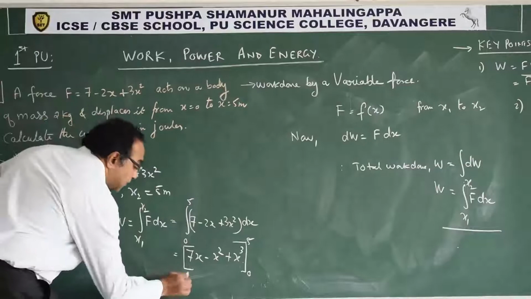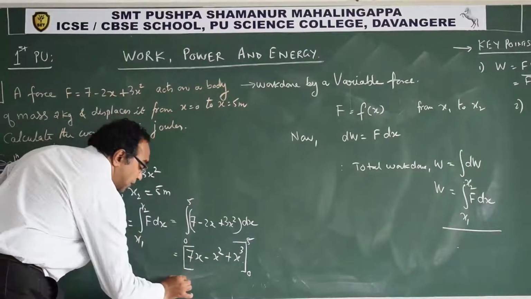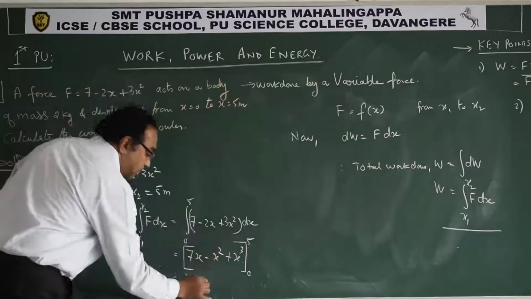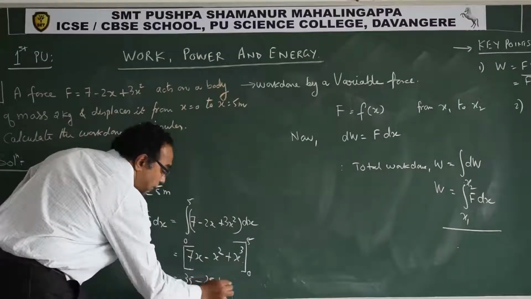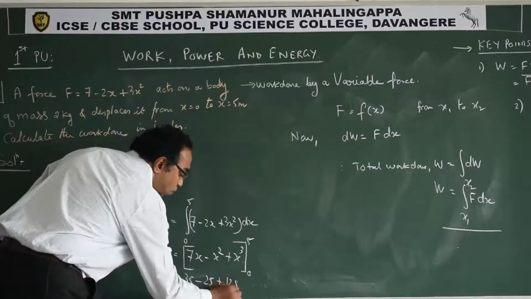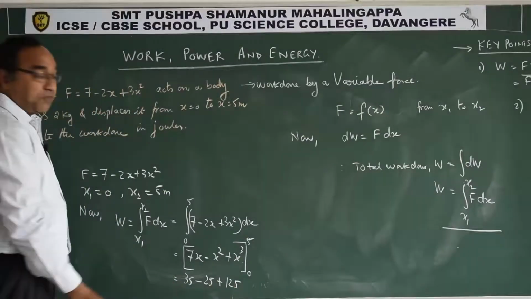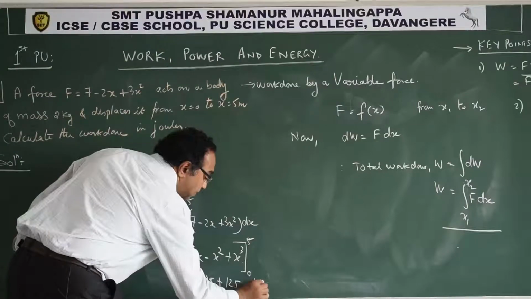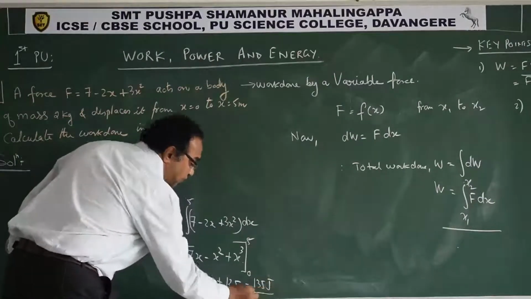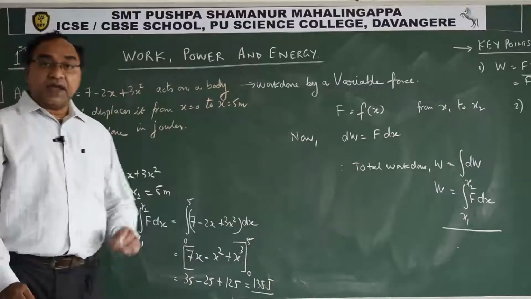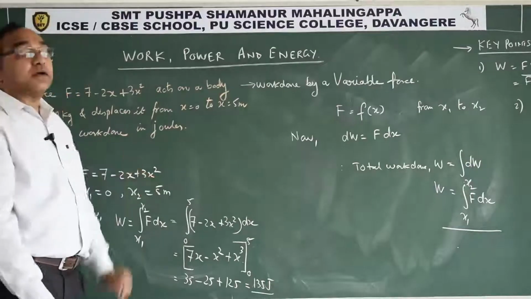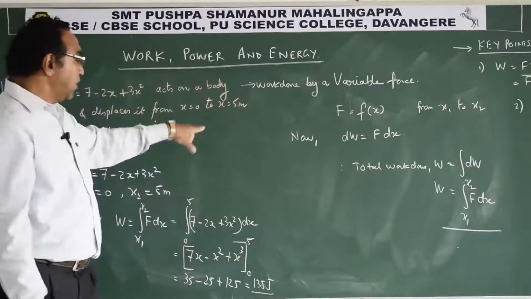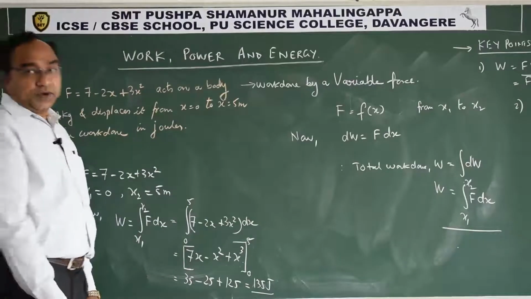So for the upper limit, you will put it as 7 into 5, 35, minus 5 square, 25, plus 5 cube, 125. So what do we get this as? This is 135 joules. See, this is exactly how we are supposed to use it when the force is a variable. So students,